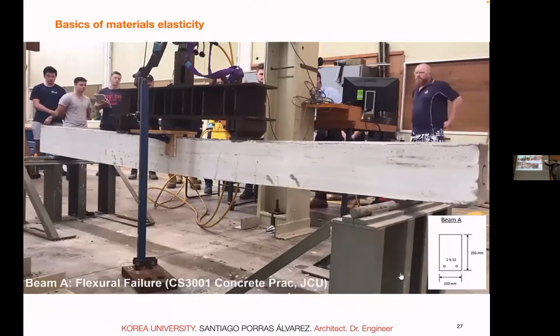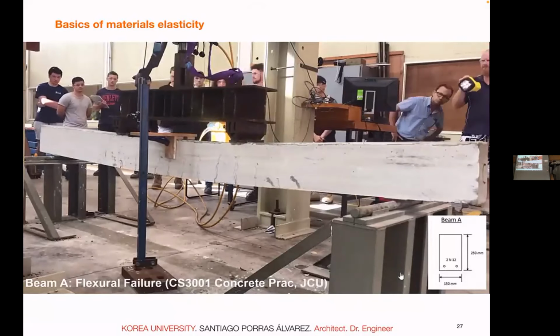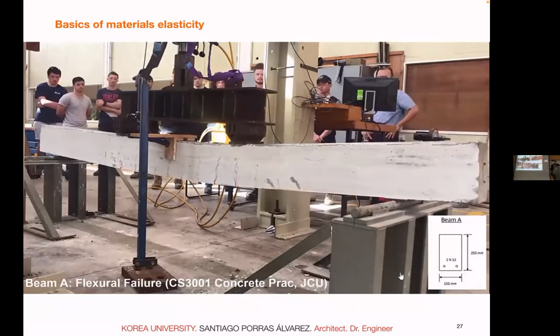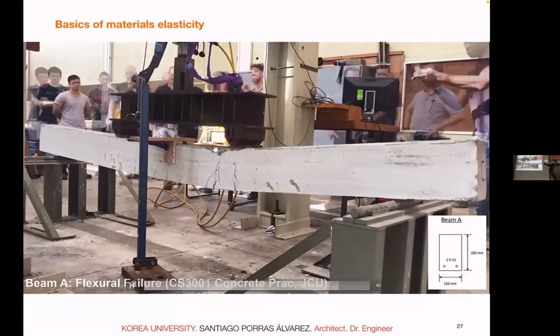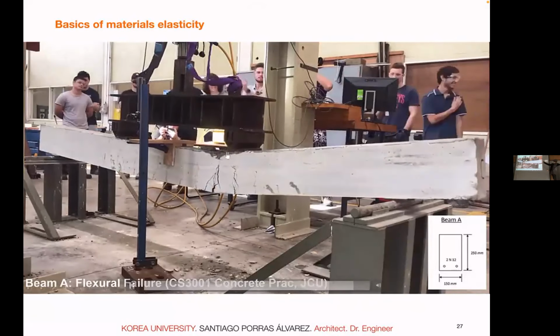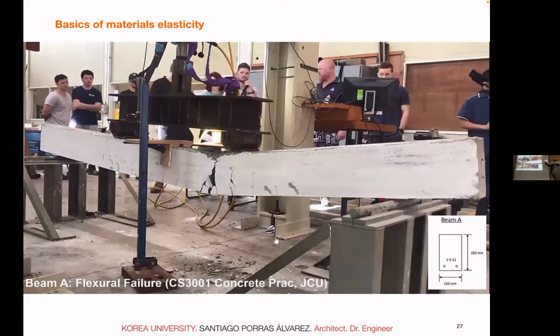So see how in the laboratory you always have two concentrated loads, more or less at the thirds of the structure. You can also see a large deflection happening in the beam. The cracks are widening, and so finally the concrete crosses in compression, and that's where the beam fails. This is typical flexural failure, mostly tension. The failure mode is compression at the top part, but you see the tension state, the lower part yields before. The steel is stretched, and it is always characterized by large vertical cracks and a large deflection as well.